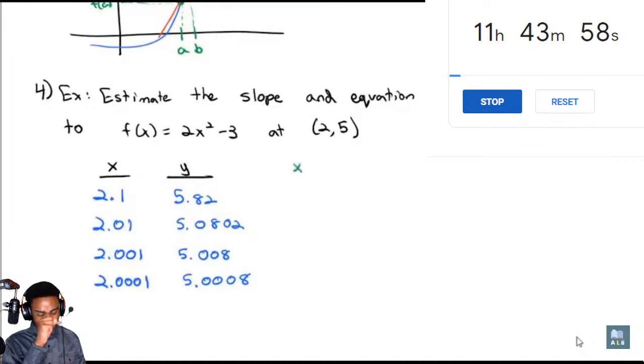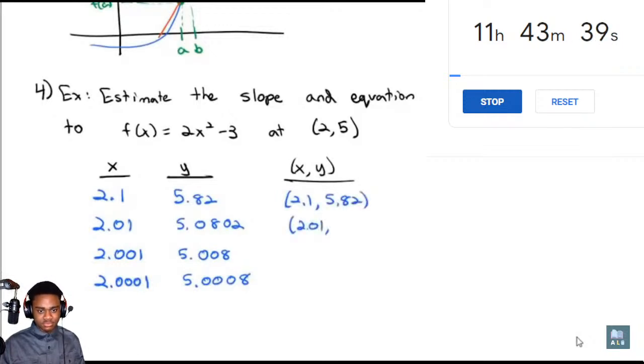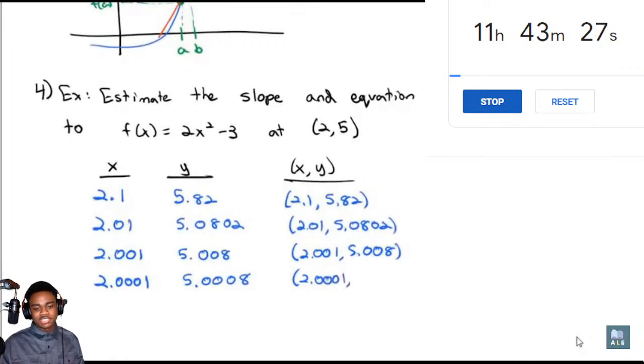So now what we really end up with is a third column. Let me label it in black here. X comma y is going to be our third column. These are going to be our points that we're going to compare to the original point of 2, 5. So x comma y is 2.1 comma 5.82. Then we had 2.01 comma 5.0802. Then we had 2.001 comma 5.008. And then finally 2.0001 comma 5.0008. We're going to use these points and the original point, the 2 comma 5, to calculate a whole bunch